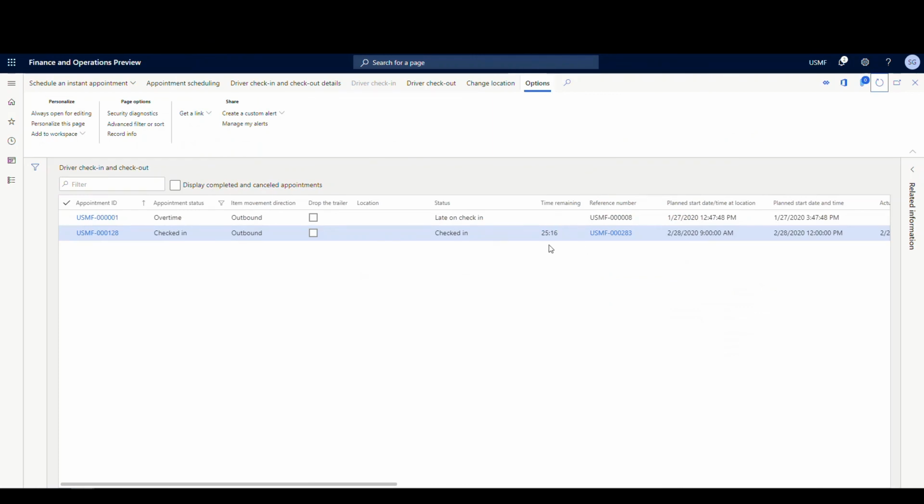And then I had that 30-minute status, that 30-minute appointment, so that's why it's saying time remaining, and I've got a countdown here of 25 minutes. So that'll just continue to countdown. All right, now when I'm ready for the driver to check out, or when they're done with loading the truck,